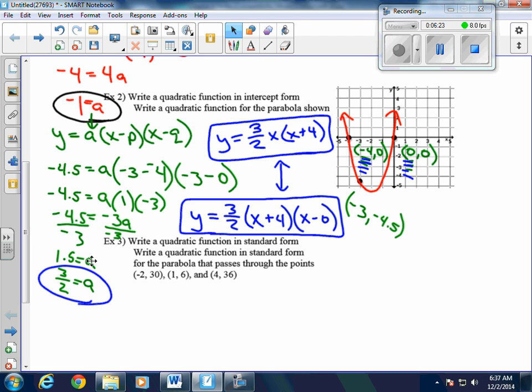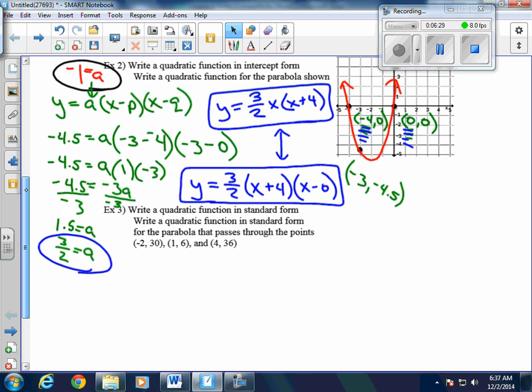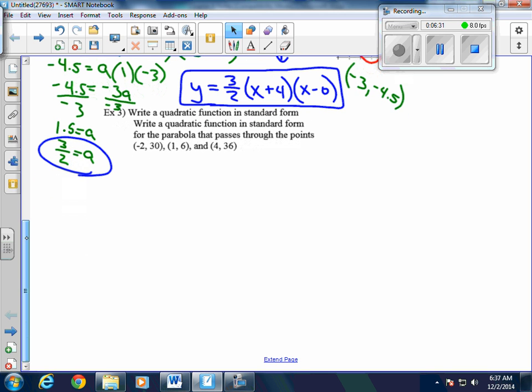So we've done intercept form, we've done vertex form. Those are the two that are going to be the easiest to do. Example 3 is to write this one in standard form. We're going to write a quadratic function in standard form of the parabolas that pass through these points. They're going to give you 3 points. So now we are going to have to use example 3